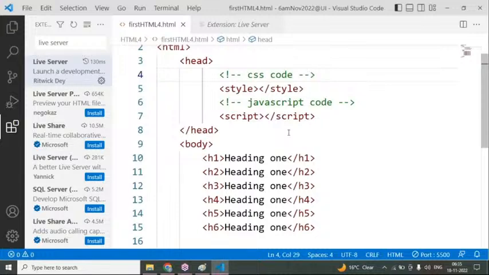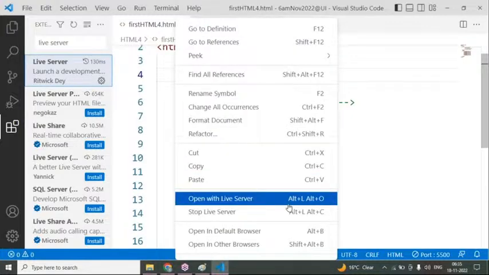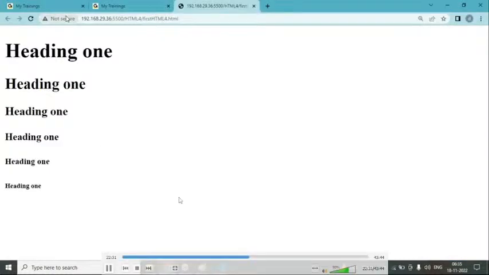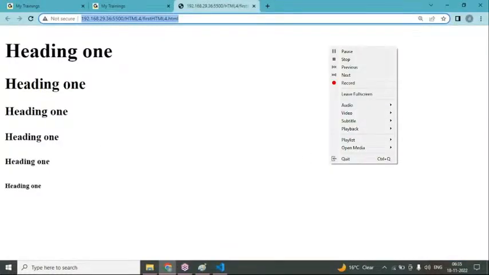After clicking on the install button, when you right click on your application, you can see Open with Live Server. Open with Live Server is the easiest way of executing the program. So I can run it with Live Server. See, if I run my program, the URL will come like this: IP address, HTML4,